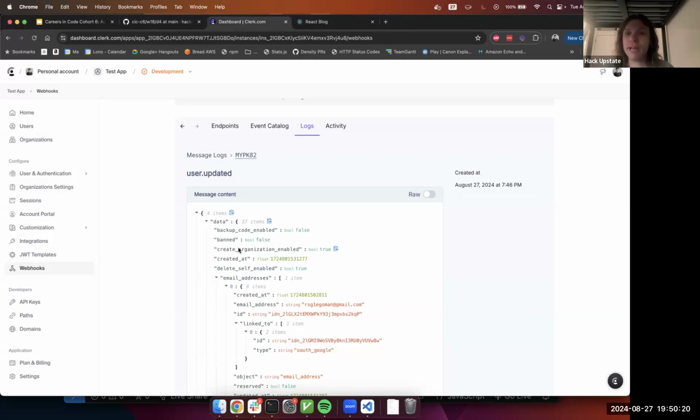In order for Clerk to make a request to an application and send it a webhook, your application needs to be publicly accessible on the internet. Now, obviously, if you run something on localhost in your system, you're behind a firewall. It's not something that Clerk can make a request to directly. So in order to allow Clerk to make a webhook to your application, there's a couple different ways you can do that. Probably the easiest is